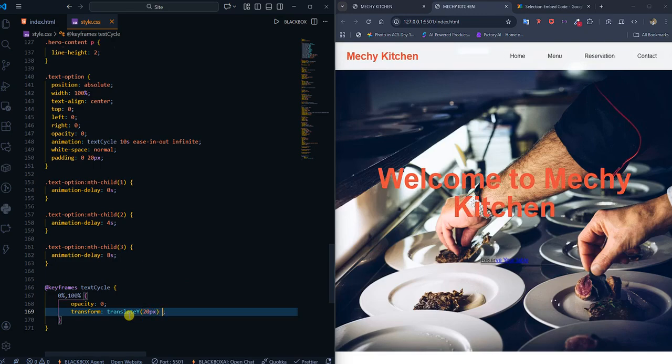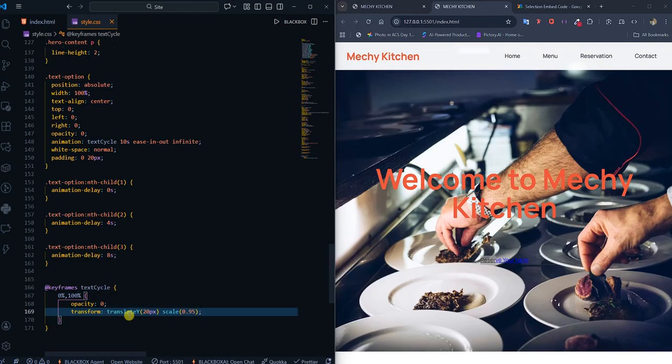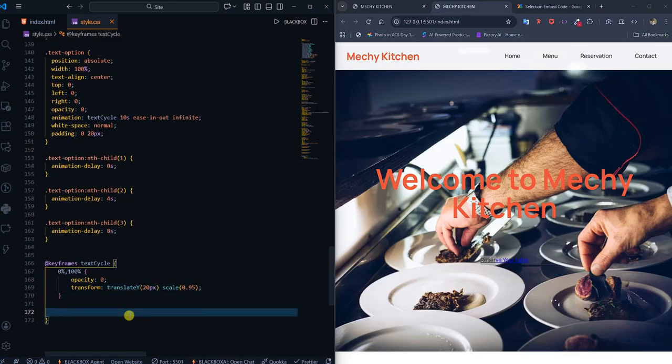Then as it comes, we want to scale it a bit. We pass a scale, then pass in 0.95. So it pops, then goes a bit, then goes off. Then at 8% as well as 25%,